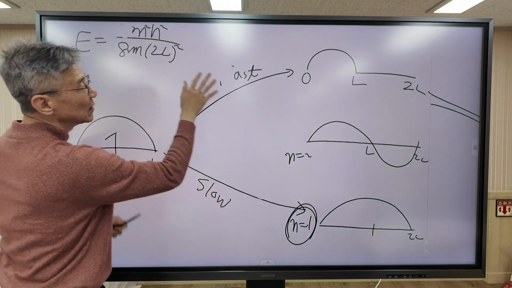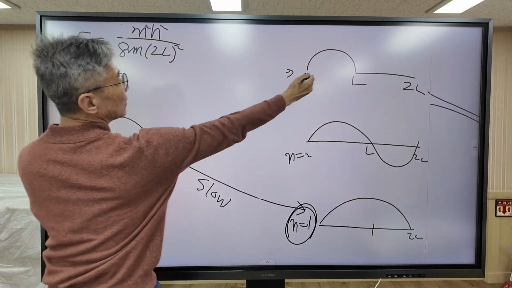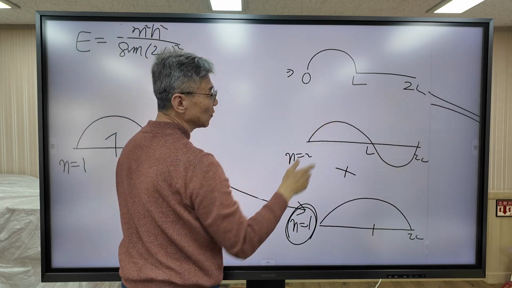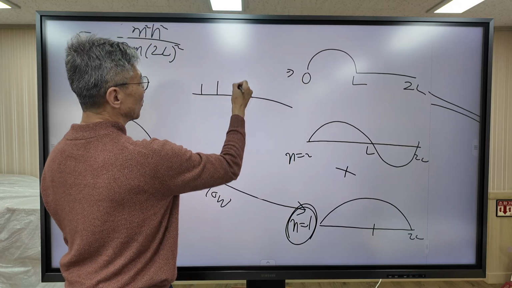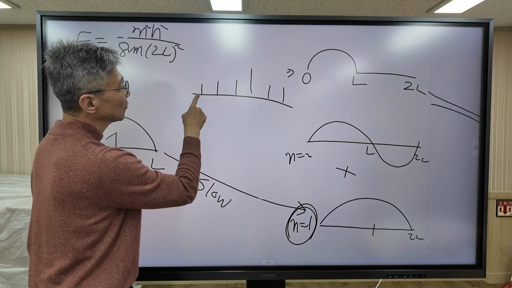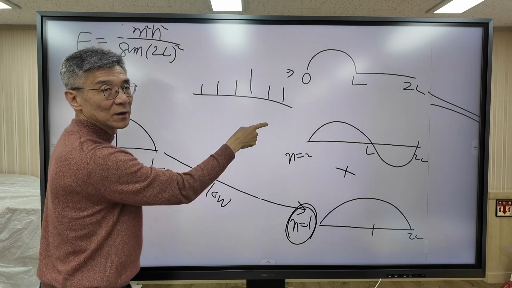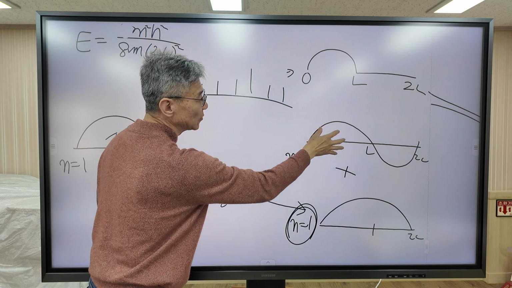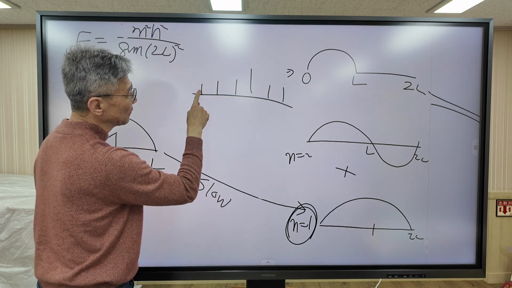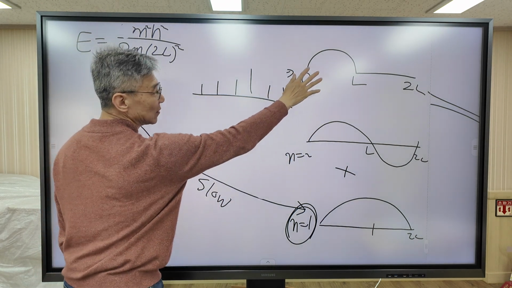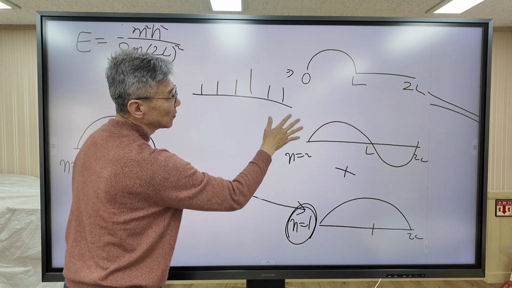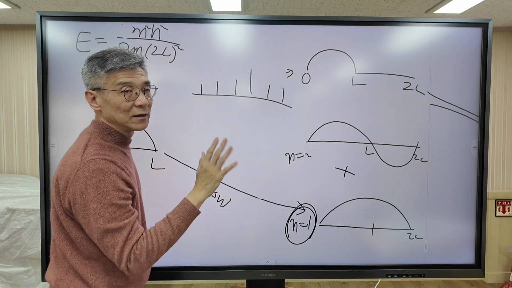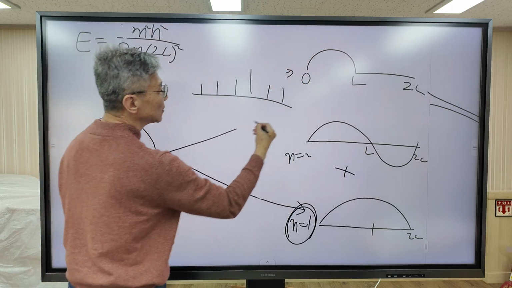So when you measure, this function is a sum of this function. So when you measure the energy, you get different result every time. Sometimes the result is the energy of this one. Sometimes you measure the energy of this one. You get different result every time because this is the sum of this function. So anyway, when the electron is in this state, energy is not defined.